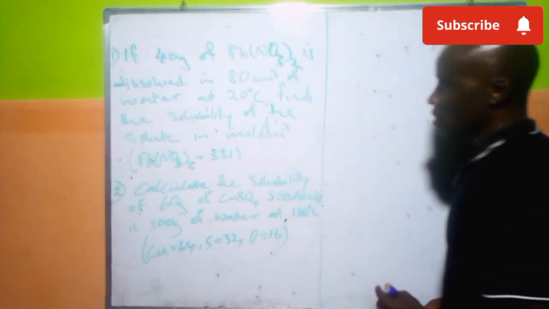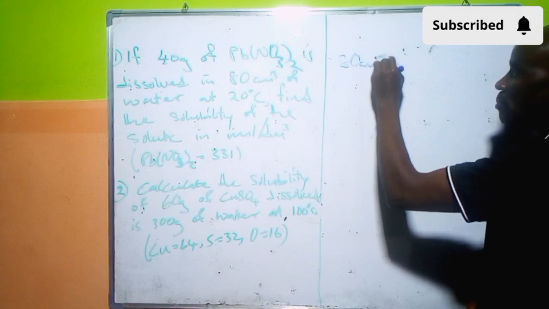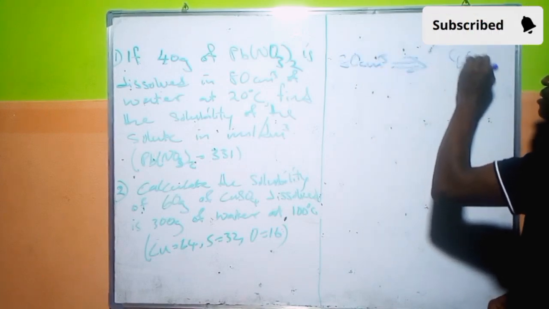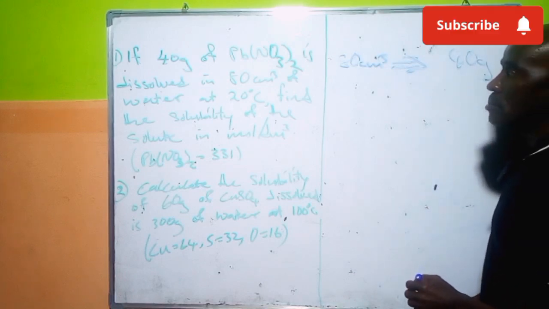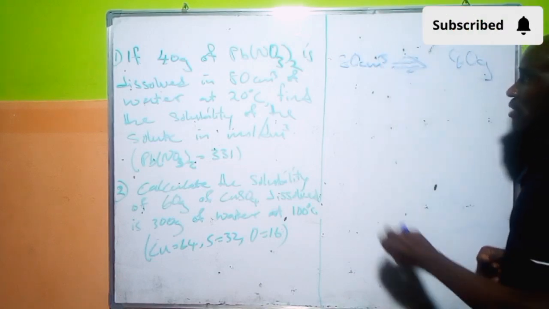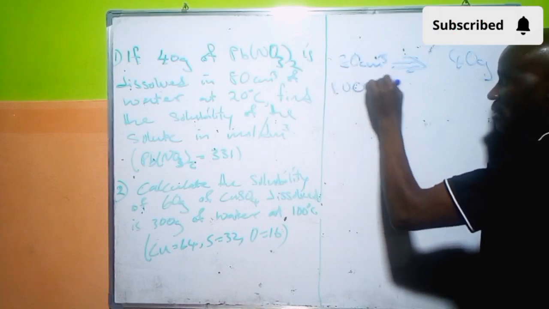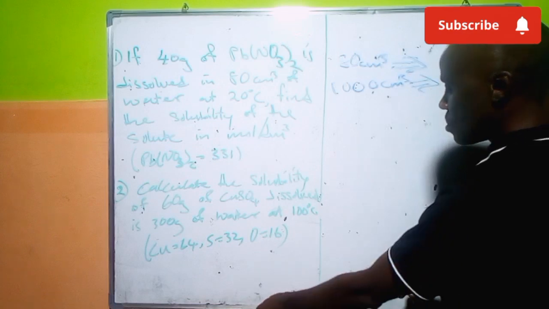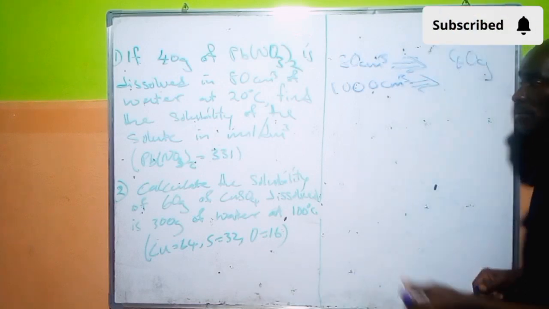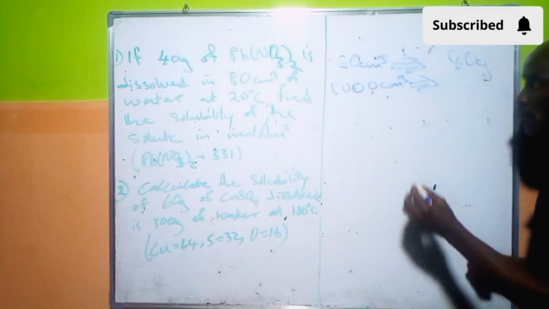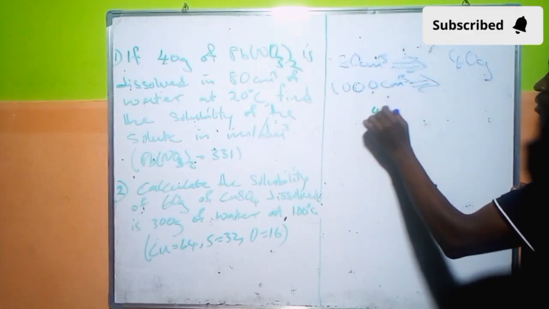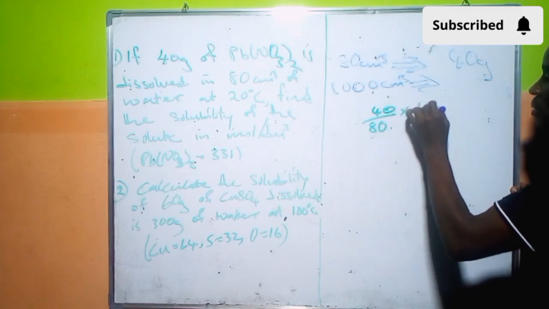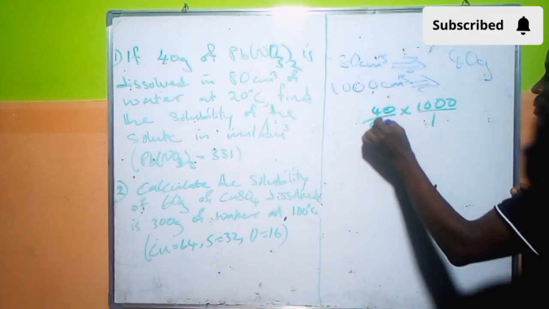So we have a gram of this. What it simply means is 80 cm cube saturates 40 grams. Now, what do we have in 1000 cm cube? Why are we using 1000? We are looking at 1000 because 1000 is equal to 1 dm cube. So what we have here will be 40 over 80, times 1000 over 1. So when we cancel out,